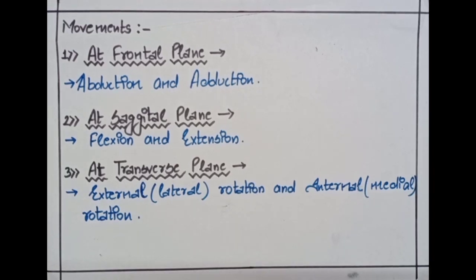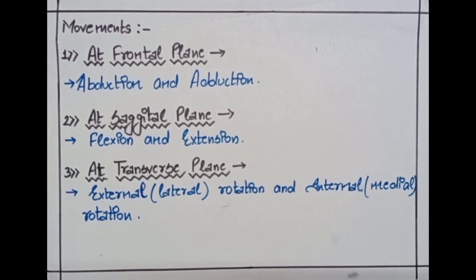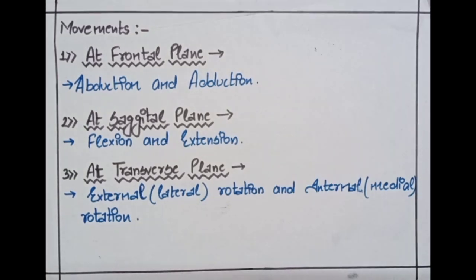For example, if there is a particular movement in which the range of motion has been decreased, then when you are thorough about these topics, you will immediately know that this is the movement, it occurs in this plane, and the range of motion would be this much. So you are going to give exercises on the basis of that to increase the range of motion. That is the importance of reading this topic. Now let's go through the movements.